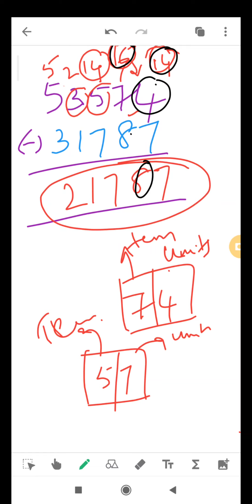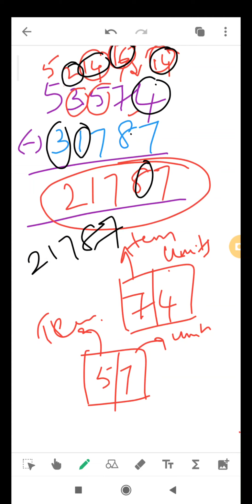Again here from 5, 1 we have taken, 4 will remain. From 4, 7 we cannot do. Therefore again 1 you take. So this will become 14. 14 minus 7, 7 will remain. Then here left over is, after from 3, 1 gone, only 2 will remain. From 2, 1 we can easily subtract, so no need to lend from the adjacent one. So 2 minus 1, 1. From 5, 3 we have to subtract. 5 minus 3, 2. So 21787 is the answer, this is the way of doing subtraction. Okay, we'll stop here.